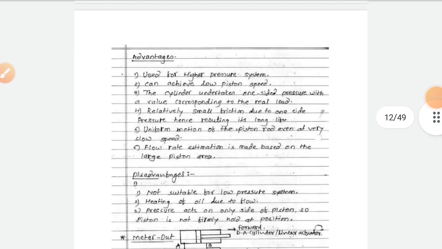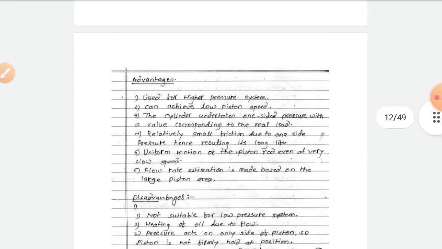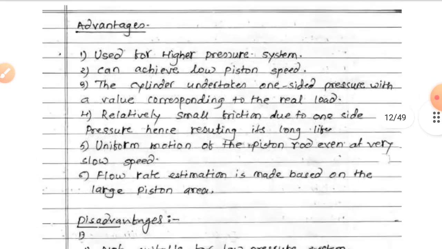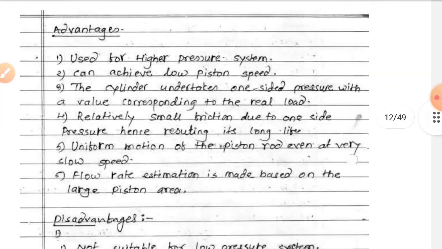Next point is advantages of metering circuit. So some advantages of metering circuit. First advantage is used for higher pressure system. Next advantage is can achieve low piston speed. The cylinder undertakes one-sided pressure with a value corresponding to the real load. Next advantage of metering circuit is relatively small friction due to the one-sided pressure, hence resulting